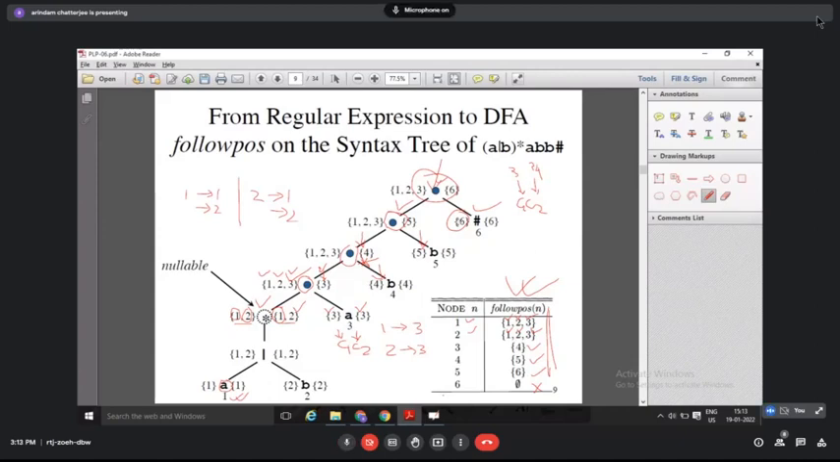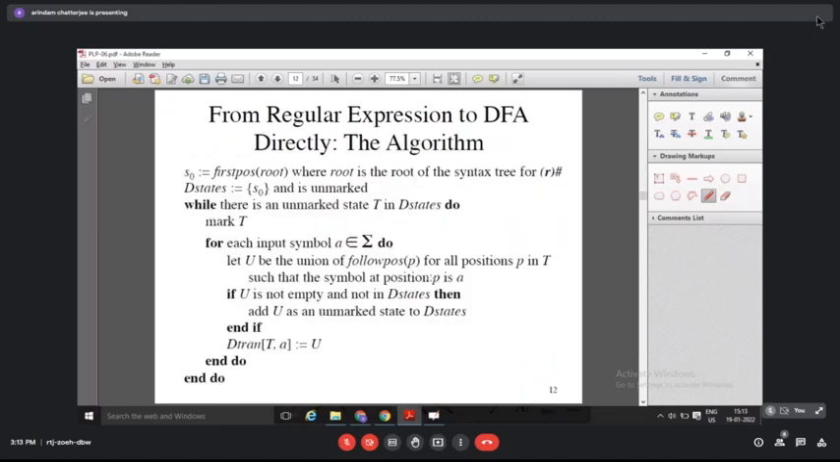The root is right here. What is the first position of root? That is the root of this particular syntax tree created out of the regular expression. What is the root, and what is the first position of this root? Right here: 1, 2, 3. So the algorithm says your starting state S0